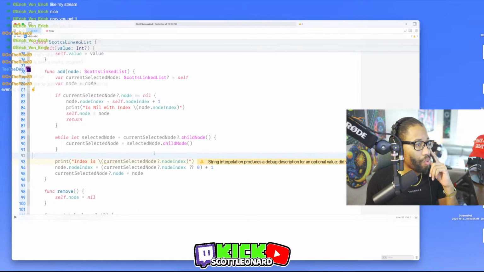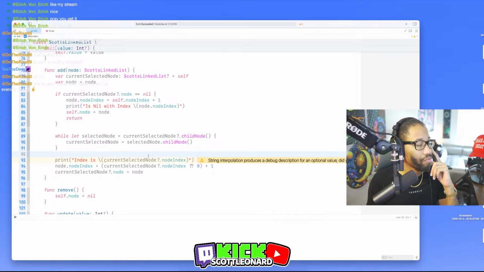So I think now what would happen is we are going to go through all of the current selected nodes. First one, if current selected node dot node is nil, which means there's no child node, then we assign the node we're passing in to the child node, and we add a value to it: node index plus 1.